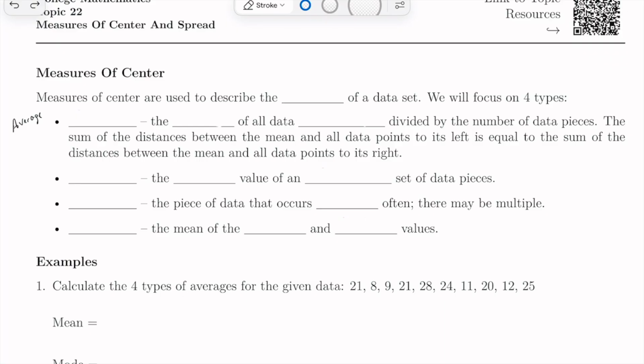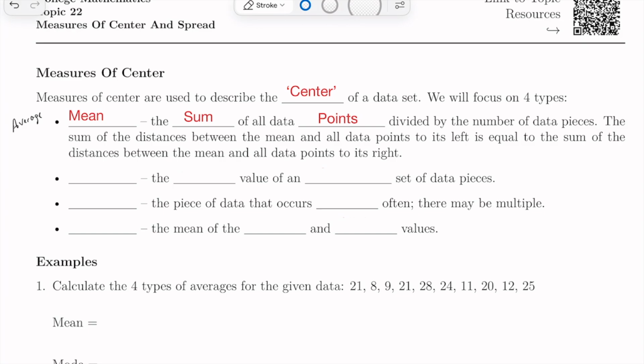Now the measures of center are used to describe, go figure, the center of a data set. Some people will say the average of a data set. So an average that most people think of is actually called the mean. This is what most people tend to think of when they hear the word average. That's going to be the sum of all the data points, you add them all up, and divide by the